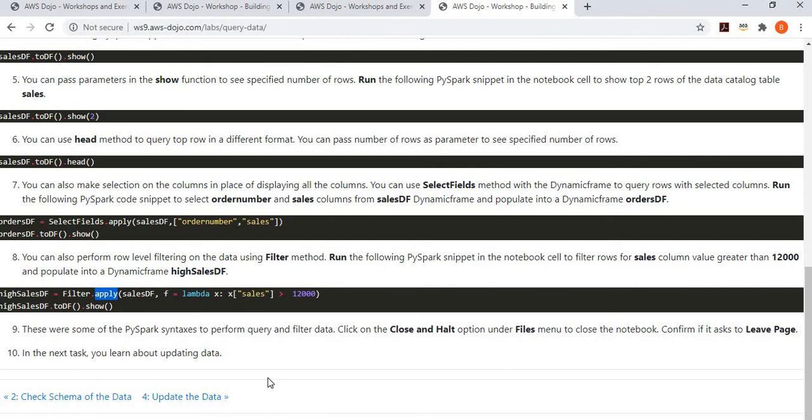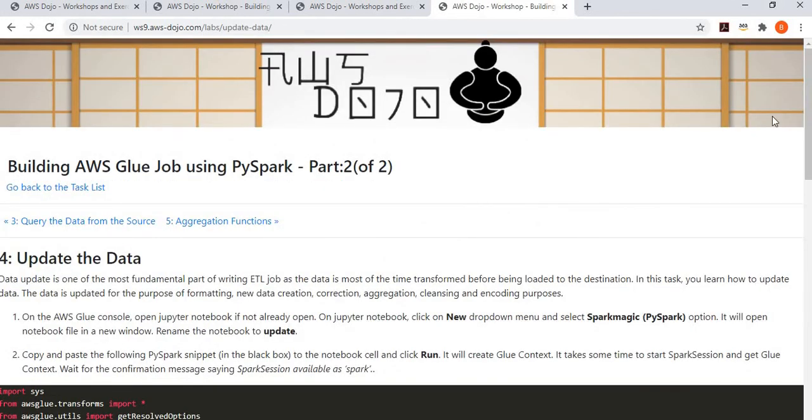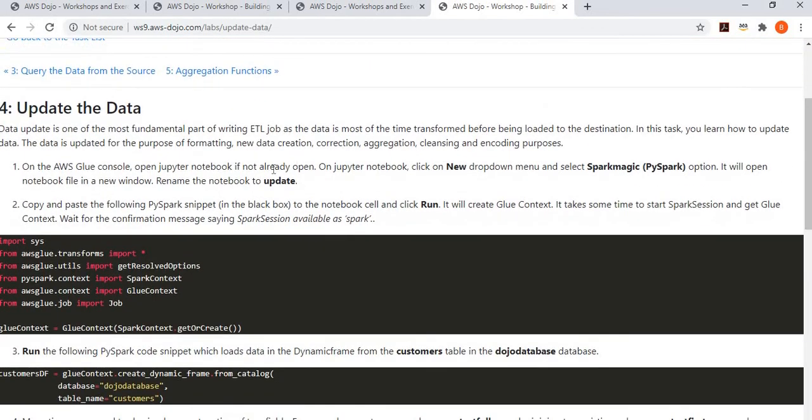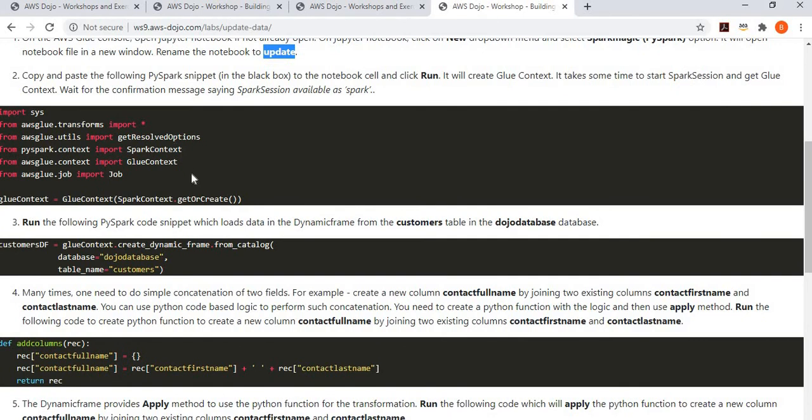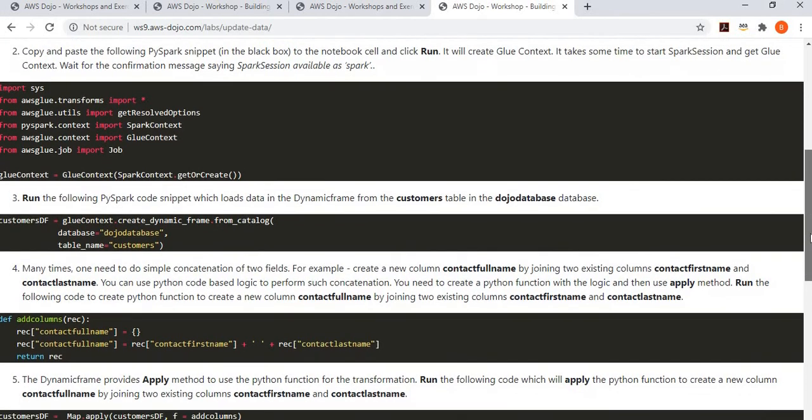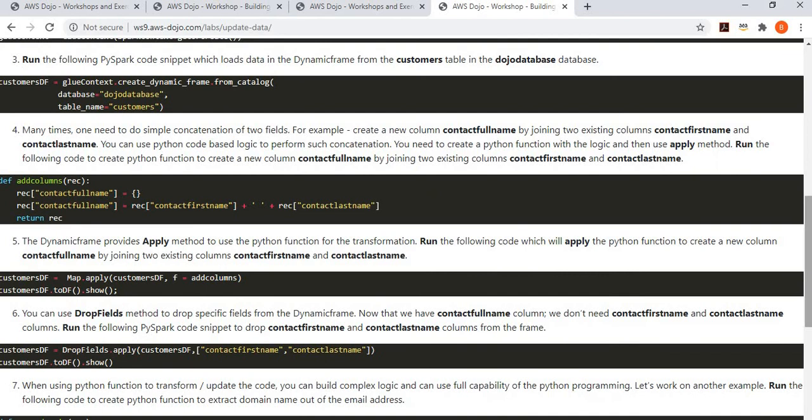Now let's go to the next task where you learn how to update the data. In the update data task, we create a new notebook called update, and then we create our GlueContext and Spark session. This time we load a different data set called customers. In order to manipulate this data, what we are trying to do is this: the customers data has two fields, contact first name and contact last name, and we want to create a contact full name by